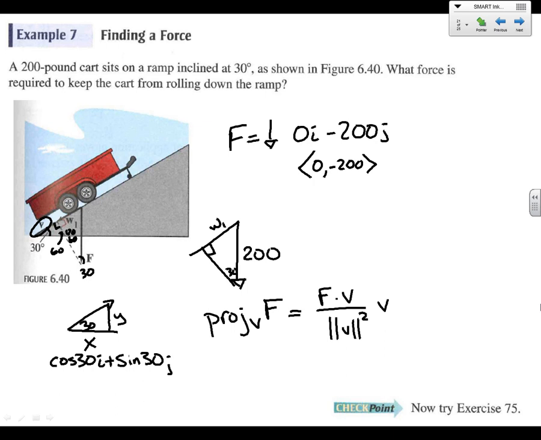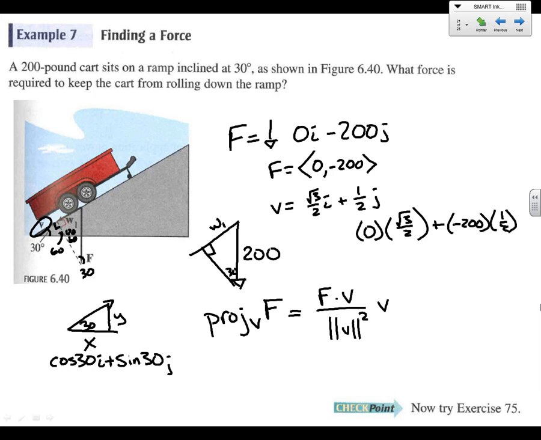So that turns into, this is your F, and this is your V, and so we've got here, cosine of 30 is root 3 over 2, and sine of 30 is 1/2 for j. So we put these in here. Let's figure out the dot product first of all. The dot product here is going to be 0 times root 3 over 2. So that goes away. And then we're going to say negative 200 times 1/2. So the dot product is going to be negative 100